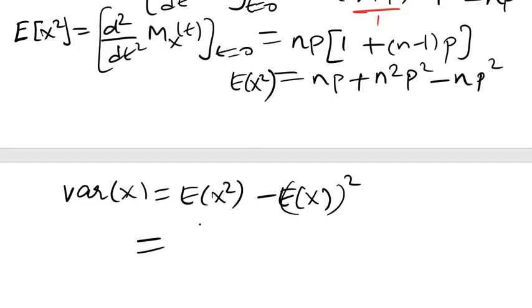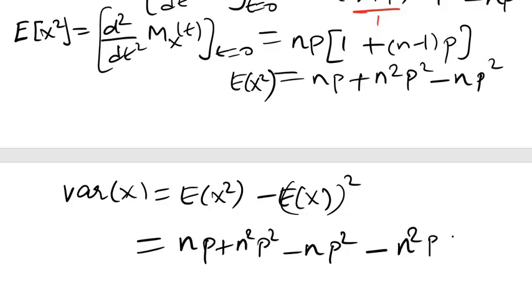And we have found the expectation of x square as np plus n square p square minus np square, minus expectation of x, np, so squaring it, n square p square. Now these two terms get cancelled, the n square p square terms cancel, and we get